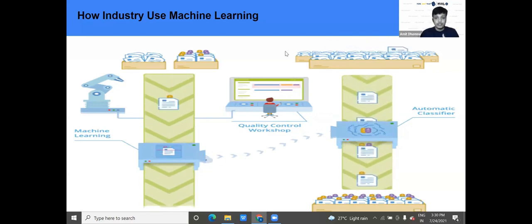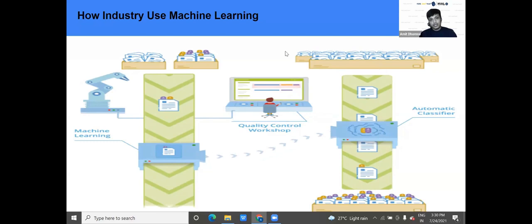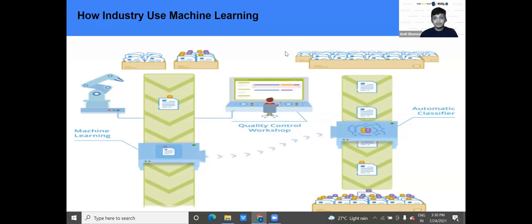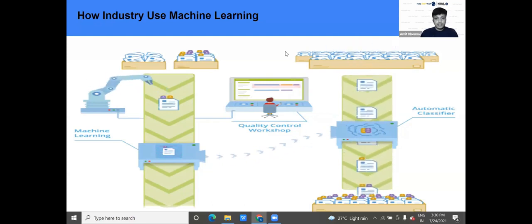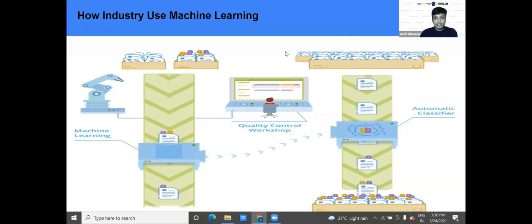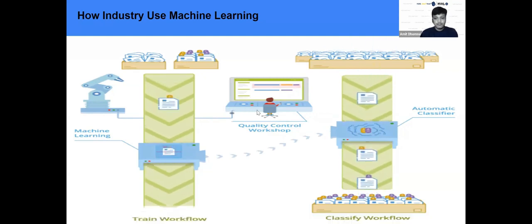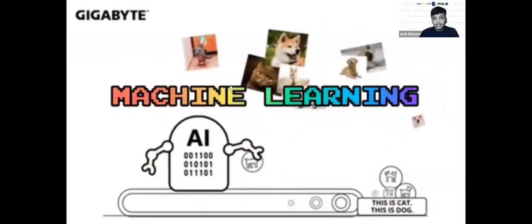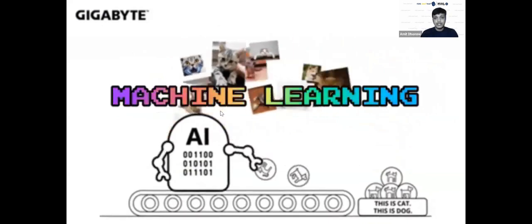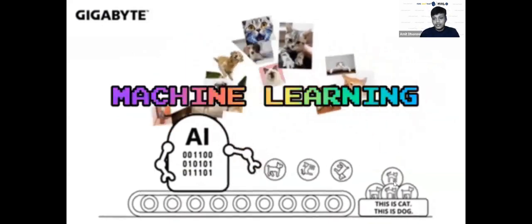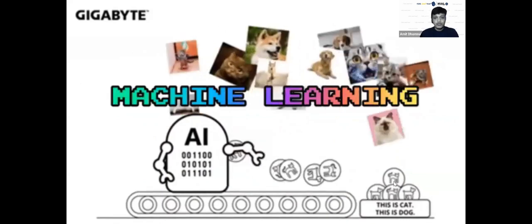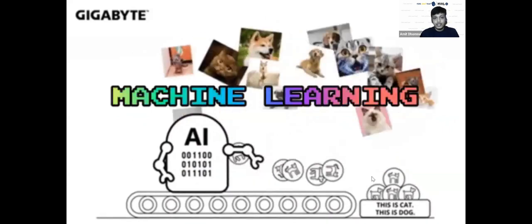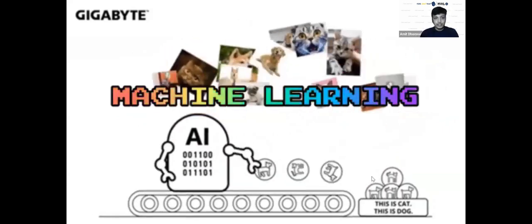Unsupervised means you pass your fingerprint and the machine has to detect who the person is. Just like in the previous example, this one is supervised learning. Why? Because I am training this machine by giving data of cats and dogs only, and asking it to predict cat and dog only. But what if I give images of all animals and it predicts based on that? That is called unsupervised. Now you might have got the difference.